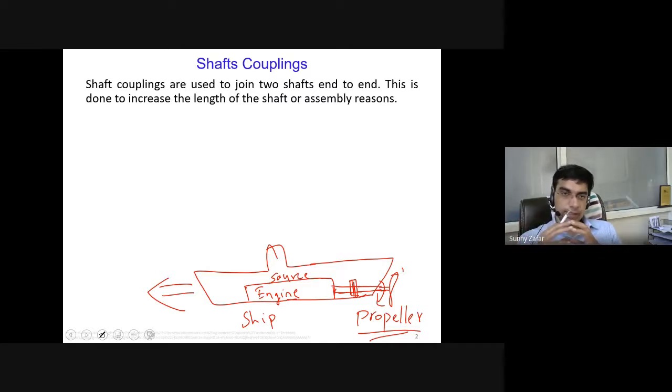Another reason is from the transportation perspective, the stability perspective. So in these situations, the shaft couplings become very important. If you closely look at any power transmission arrangement, be it in a transport environment, for example a ship, or in an industrial environment, you will come across a lot of these types of couplings.